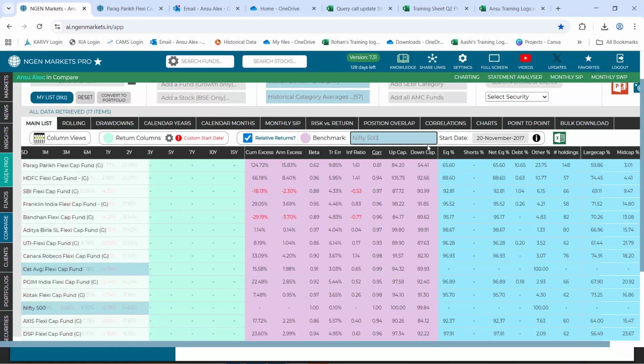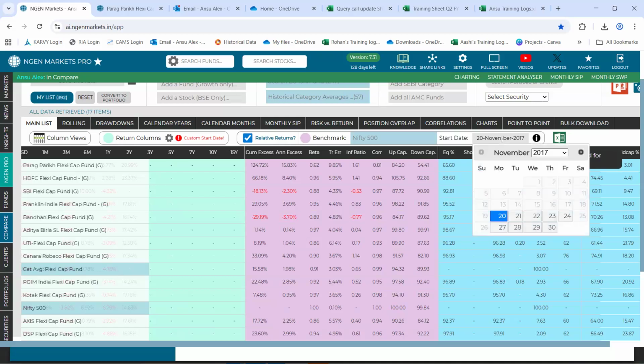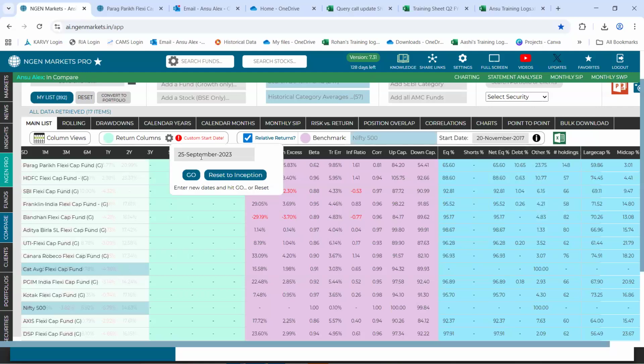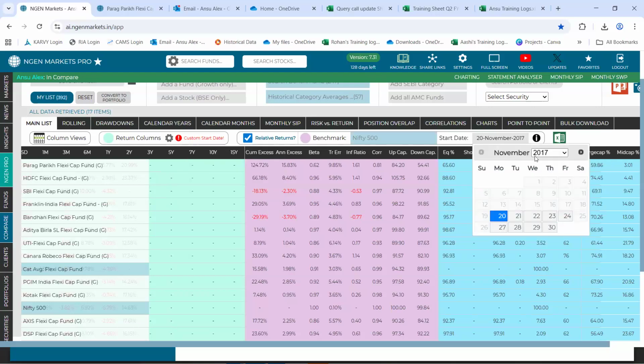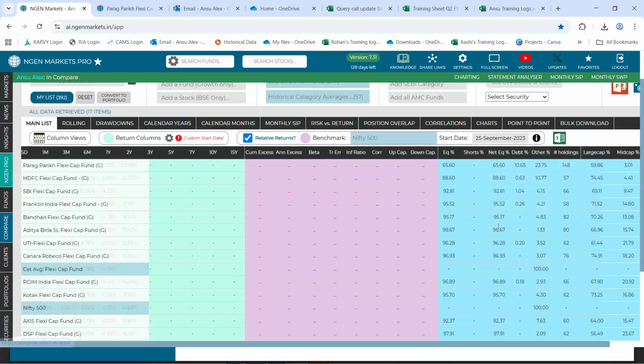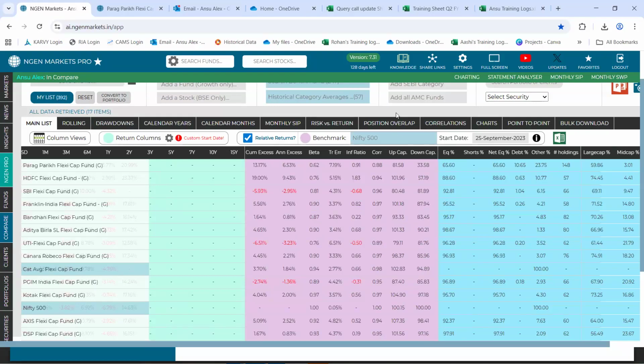In addition to that, this is the date section, which is specific to these pink color coded columns called relative columns. Now we say that the date that we input in the relative returns column should be similar to the date that we input in these green color coded columns, which is the returns column, so that we could ensure an apples to apples comparison of the data that we are looking at. So here as well, for the relative returns, I will consider 25th September 2023, a 2-year time period for analysis.